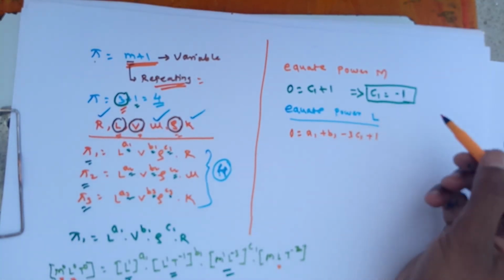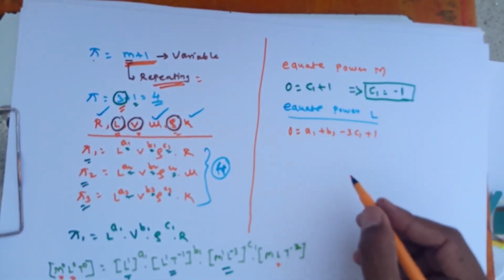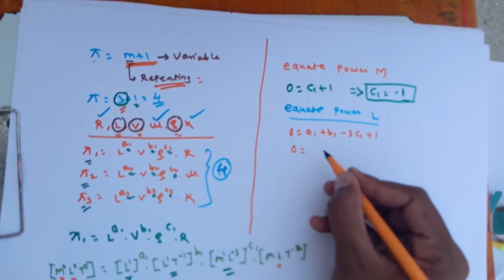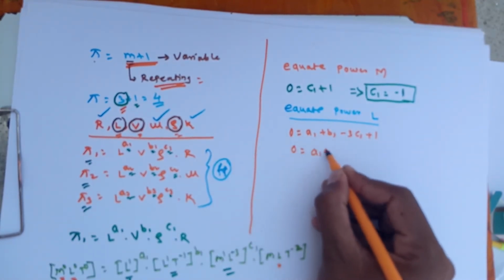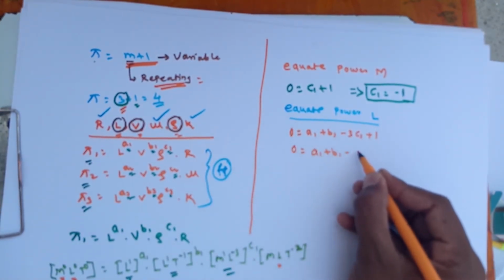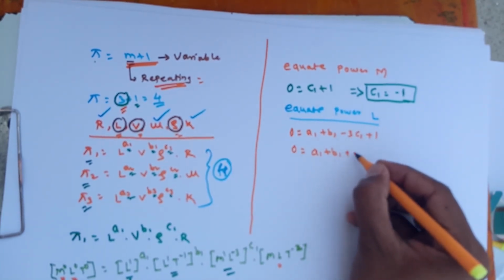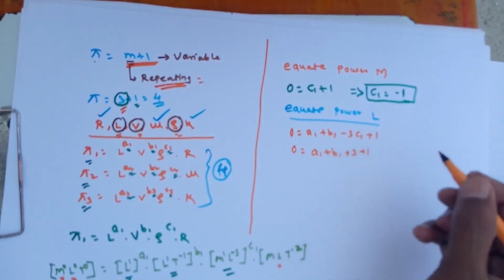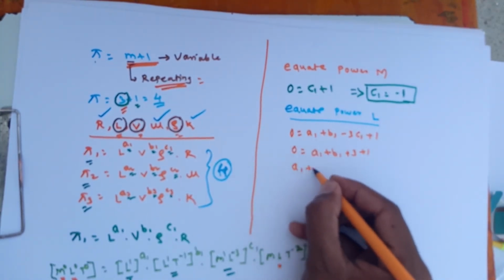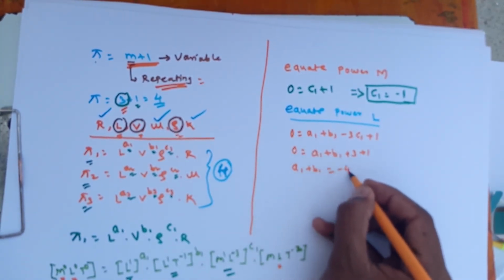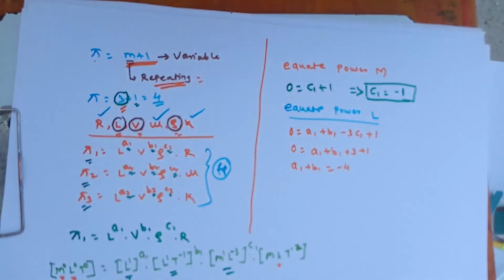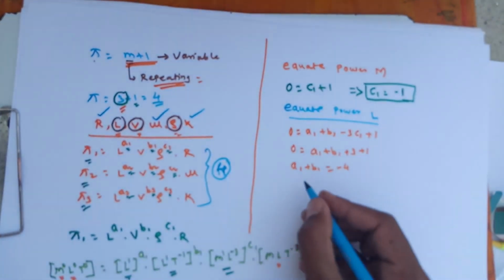So put the value of c1 as minus 1 in this equation. I will get that 0 is equal to a1 plus b1 minus 3 into minus 1, so that will become plus 3, plus 1. So I will get that a1 plus b1 is equal to minus 4. Then again I have to equate the power of